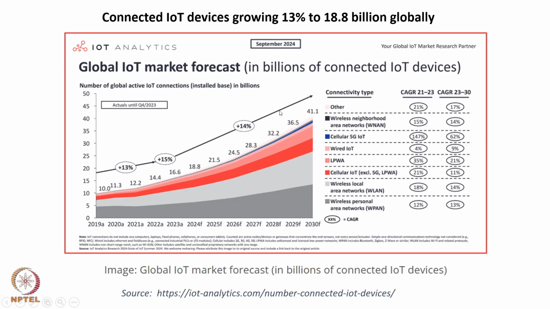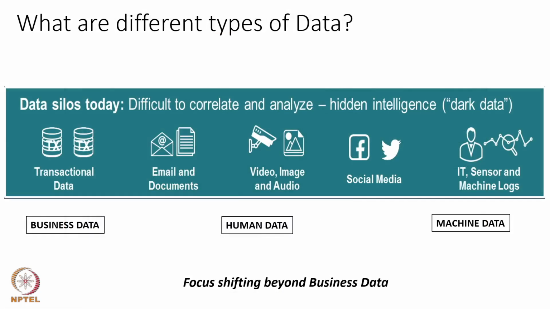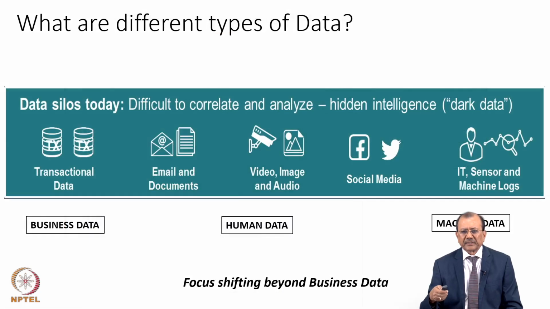To deal with this, you need a very different kind of mechanism. So big data comes into the picture, and beyond big data we are now seeing different technologies come up. Public data lake is there, data fabric is there. It is quite important to understand what this data is, what kind of data is there, and how IoT is connected with this data.